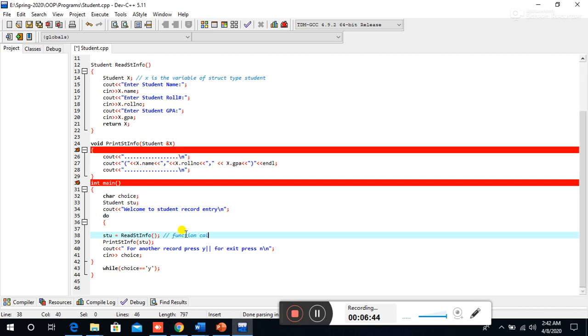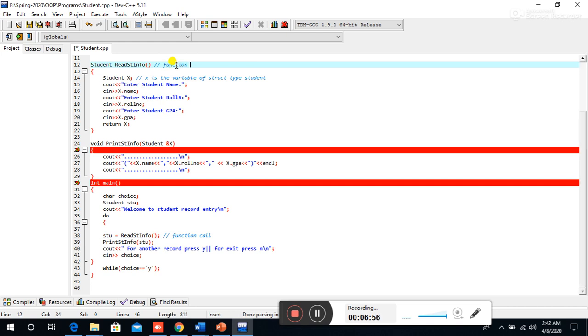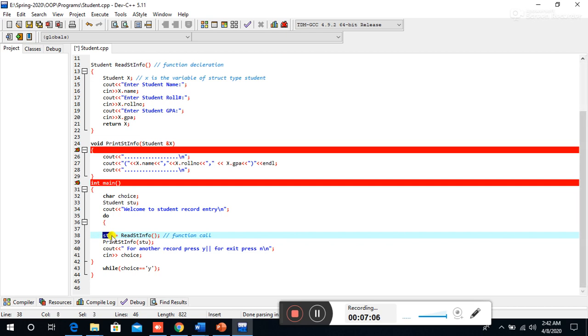When the control gets there, the control will shift to the function declaration. So when we call this function, this variable will go there.